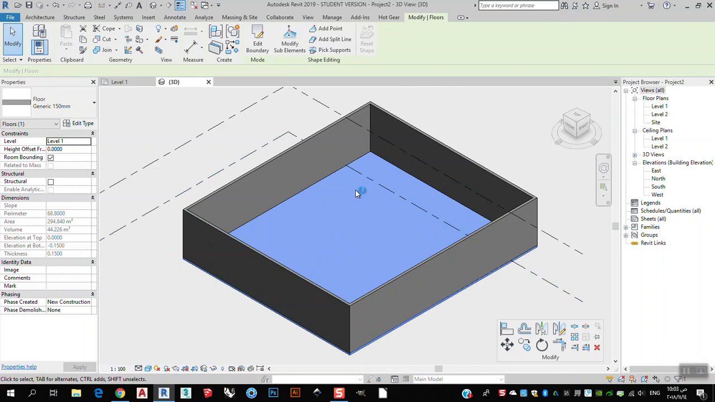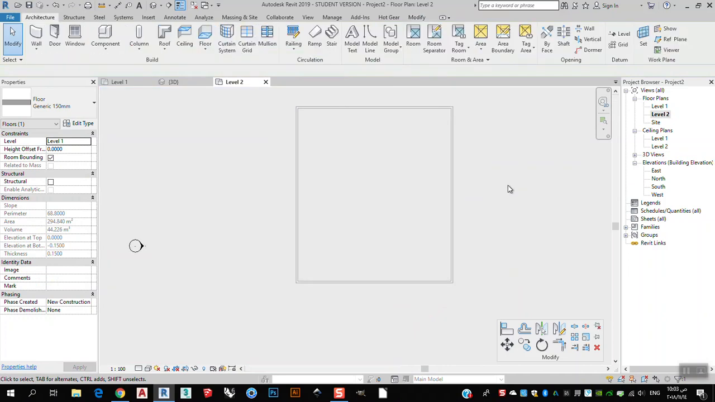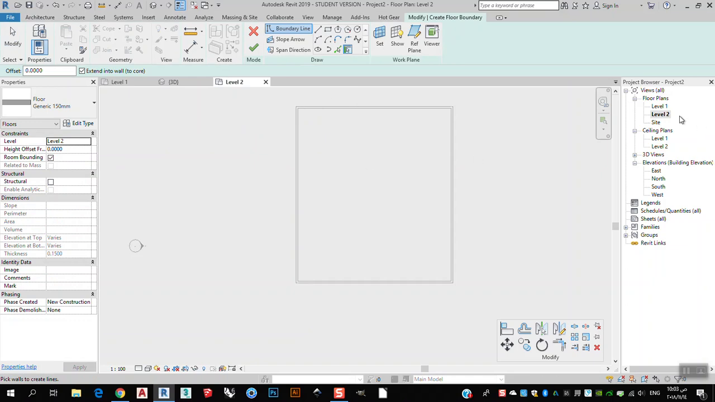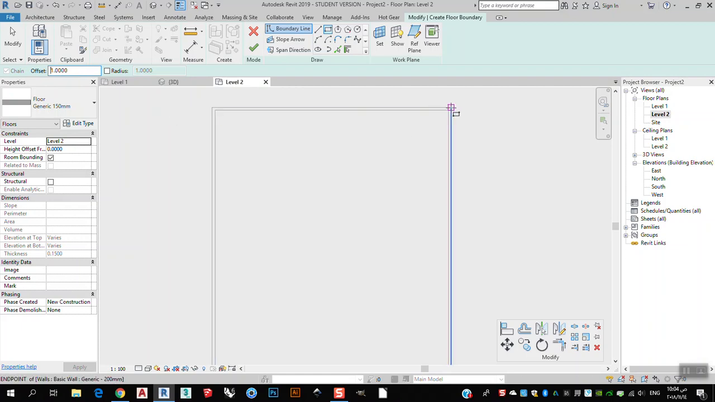How can I do that? I can go again to level 2, and I just go to architecture, build. I can go to floors, floor architecture, and make the same. But now it will be at the level 2, because I am on the level 2. So I can make it like so. But now in these options, right here, I find an option called offset. That means if I just write 1 meter, it will be 1 meter